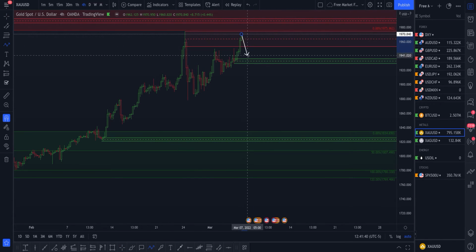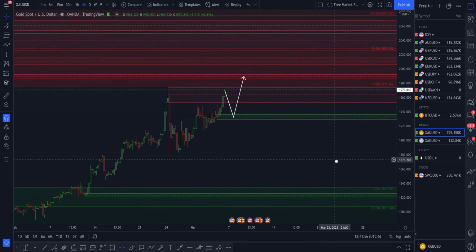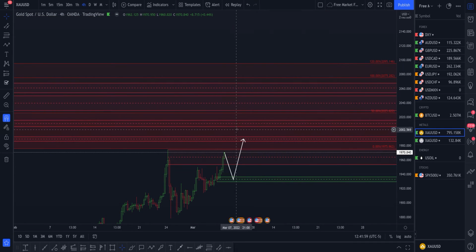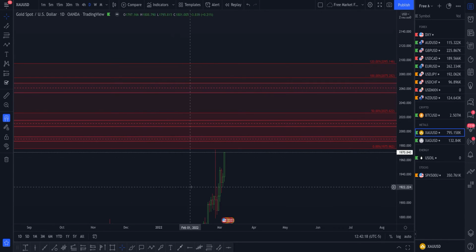I want to see possibly a pullback into this 4-hour demand zone, wait for confirmation, and try to take this up, maybe into this 4 hour supply zone, which is nested inside of an institutional distribution area. We have several supply areas for gold that have not been mitigated. All right, so we can definitely possibly see gold trade up into these supply areas, get a quick reaction, and keep pushing through. Don't know how far or how long gold will go up, but yeah, let's take a look